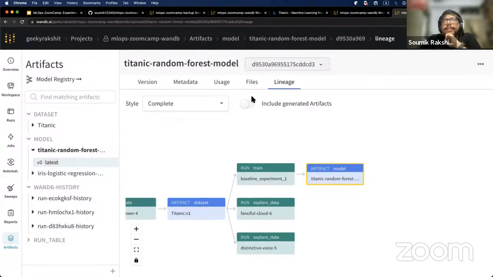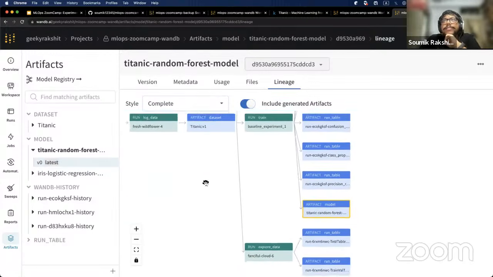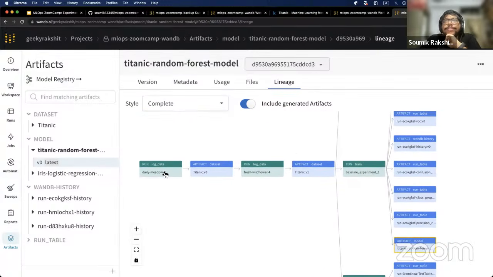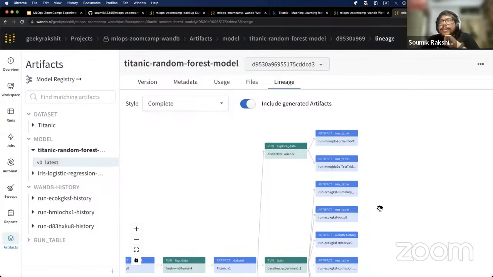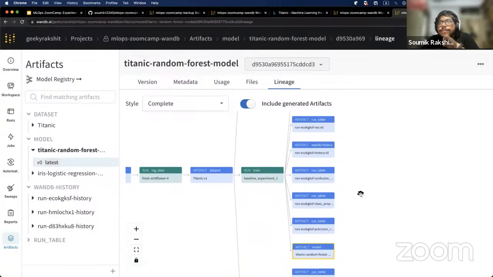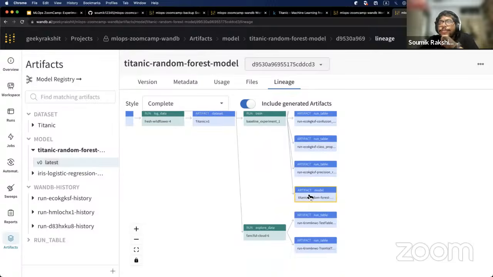If I see the complete lineage with generated artifacts, we can actually see how the data set came about, which we are using to train on. So let's say I find that there is something wrong with the model I just trained, which one? Train, produced, table, and model. So this is the model artifact. If I find that my model is not performing really well in production, it's not reacting well to new data that is being fed to it,